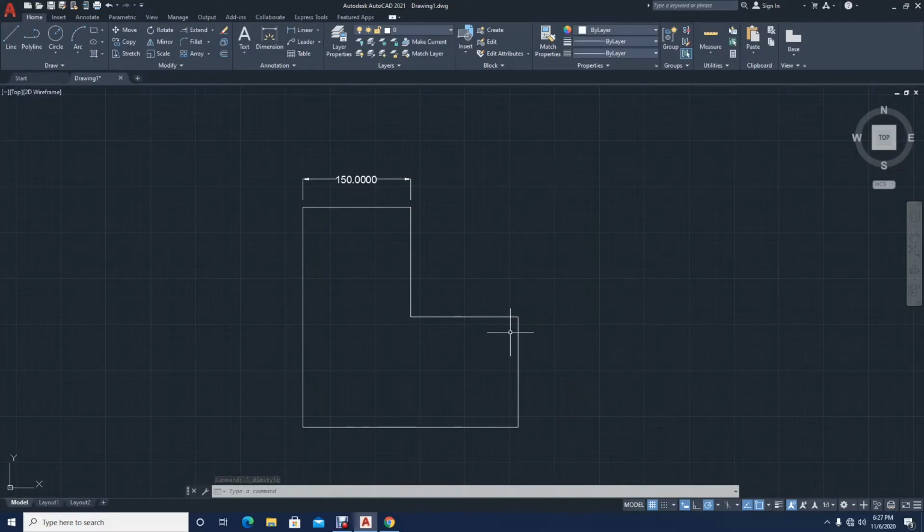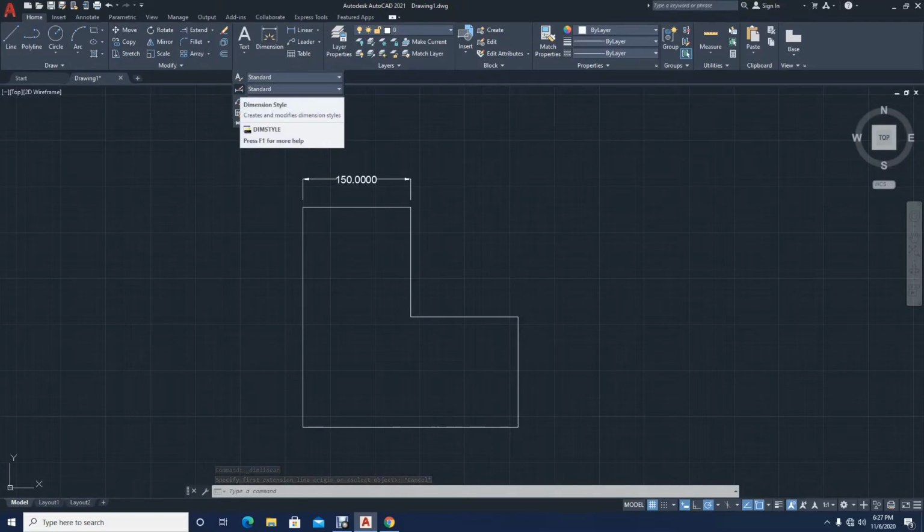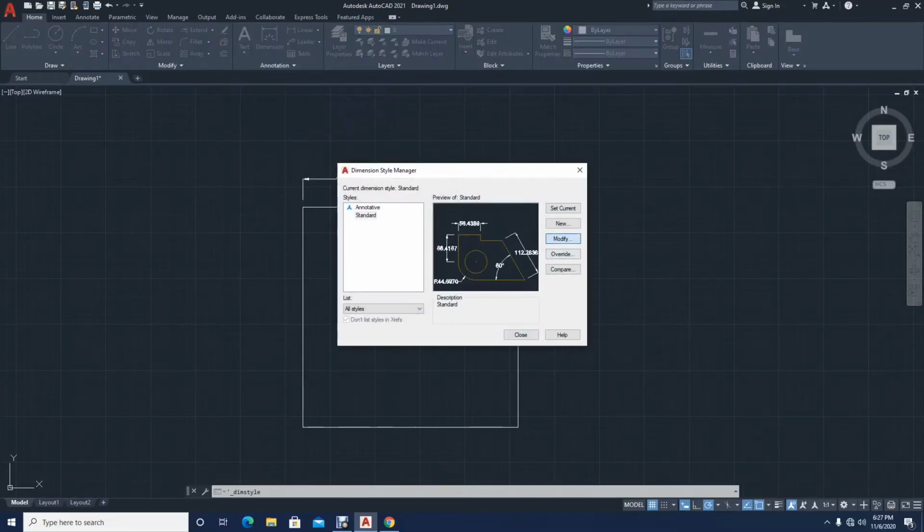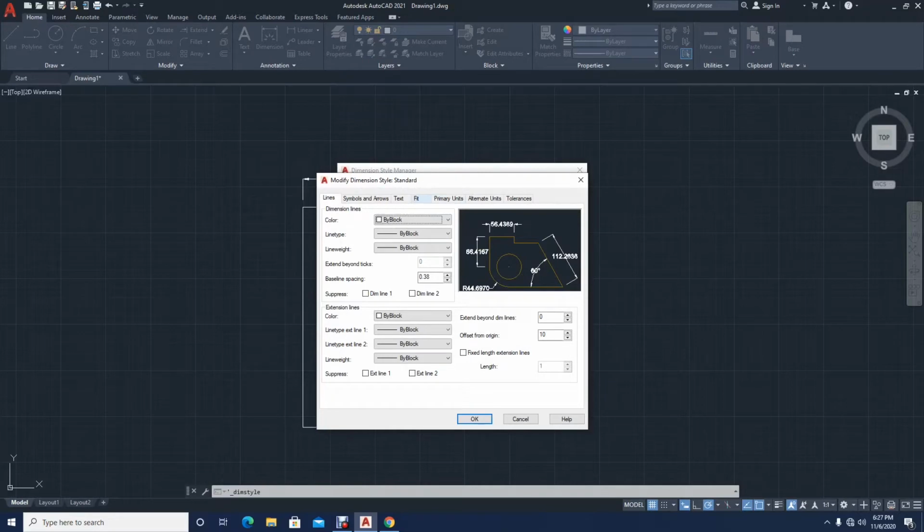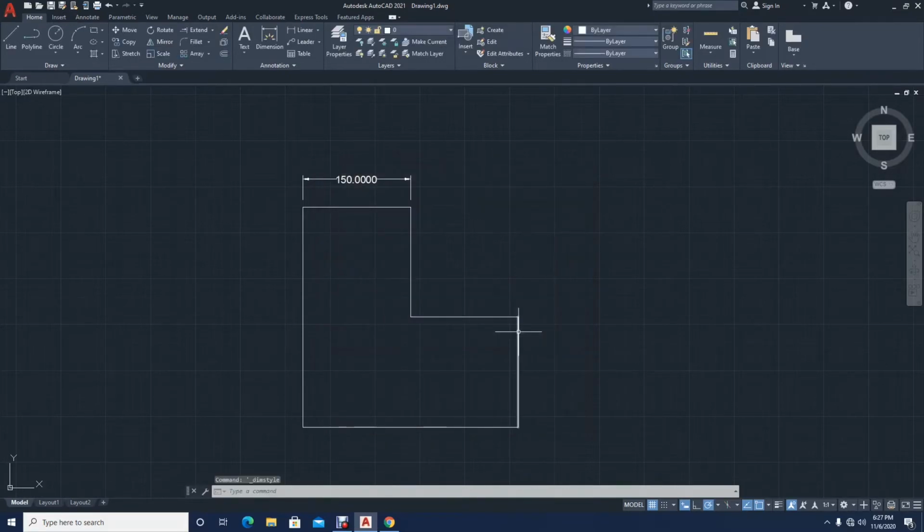Some persons like to, I think I'm going to extend the dimension line. Let's go annotation. Modify. Symbols and arrows, no, lines, sorry. Let's put this at 5. Let's see what we'll have. And the only reason why I'm not just editing everything at once is because I wanted to show you what is happening step by step. Let's go back,